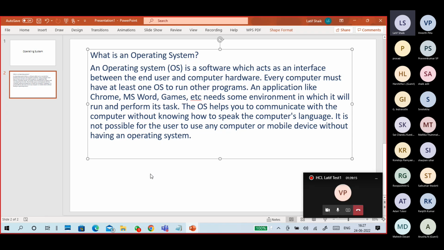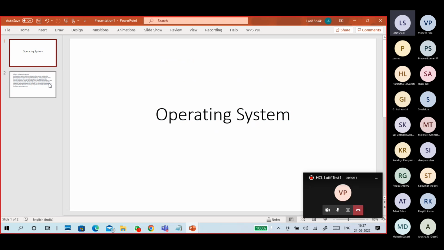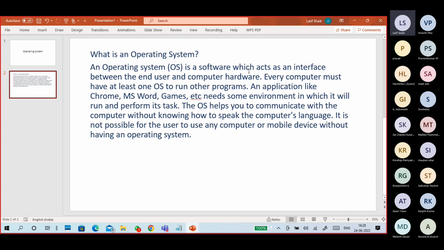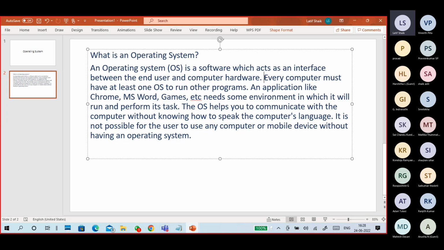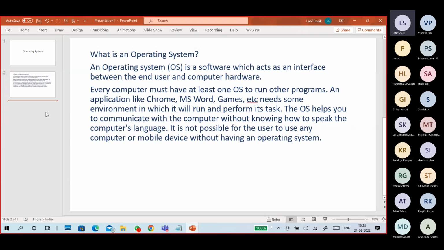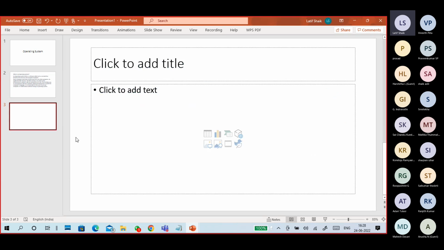Okay, so it is operating system. What is an operating system? It is a software which acts as an interface between the end user and computer hardware. Operating system is nothing but a software or a program which acts as an interface between user and computer hardware. Just for example,